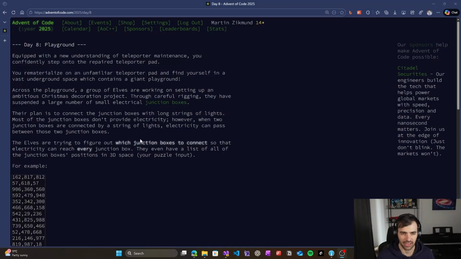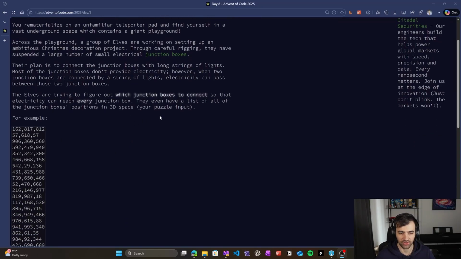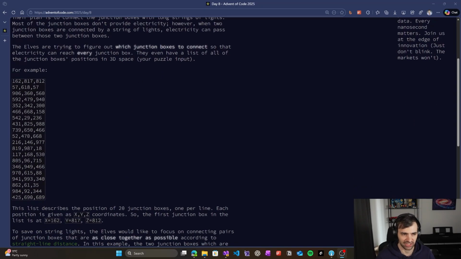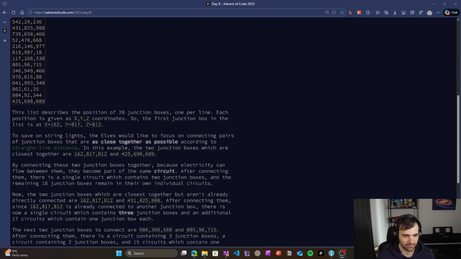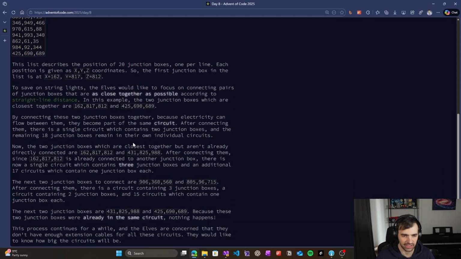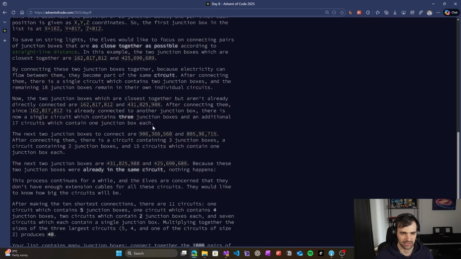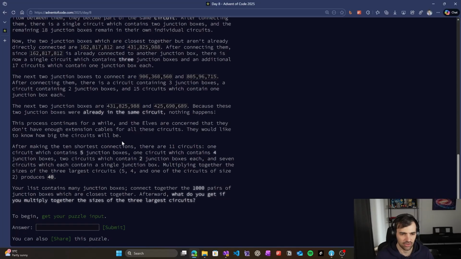Today we will be helping elves connect some junction boxes together. These boxes are points in 3D space, and we are supposed to connect them with as short as possible wires. So we will be taking the distance between the points in 3D space and finding the ones that are closest together and connecting them. And our goal is to continue connecting the boxes until we